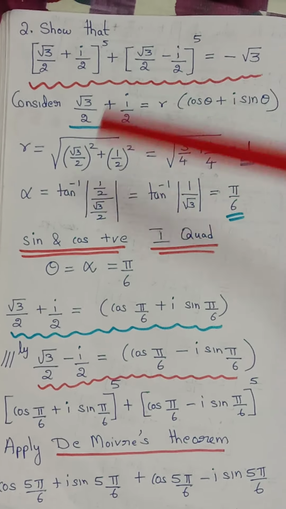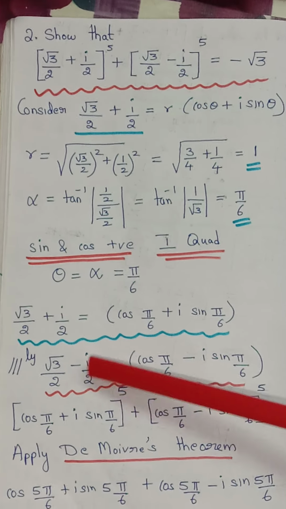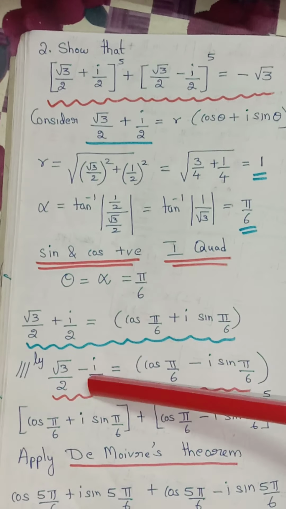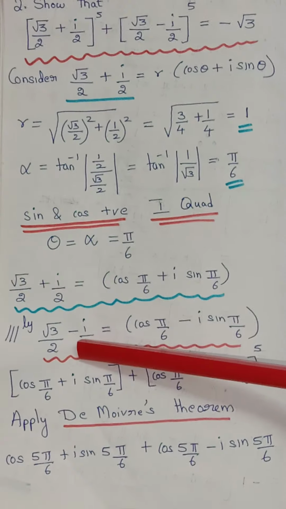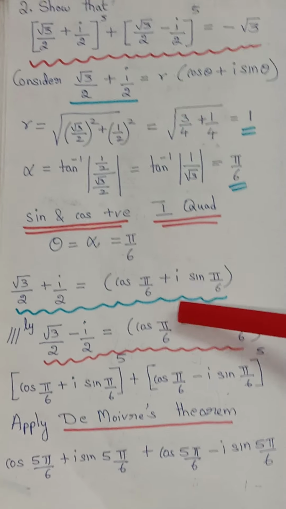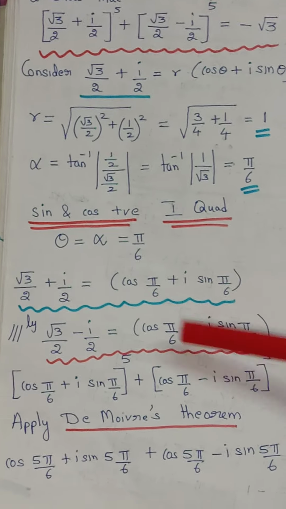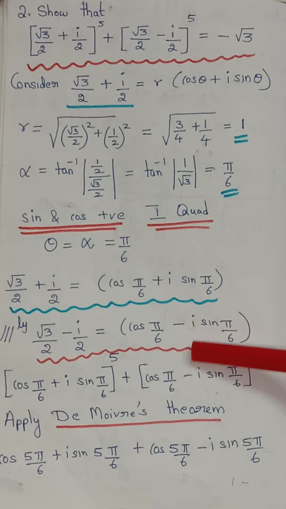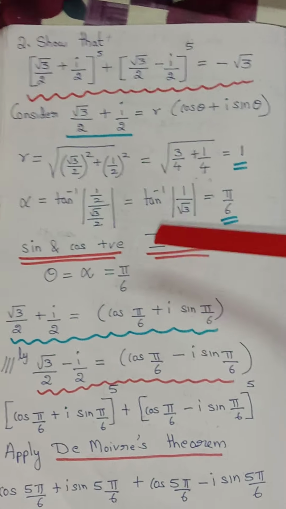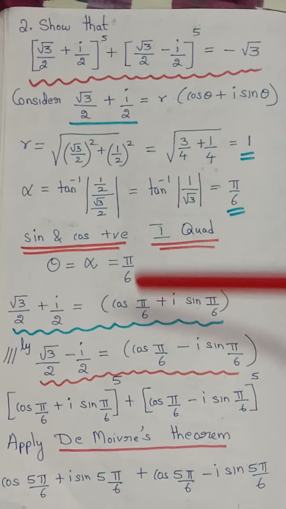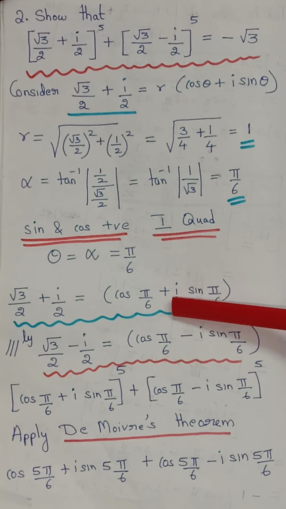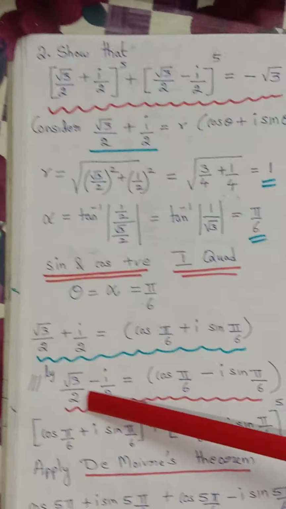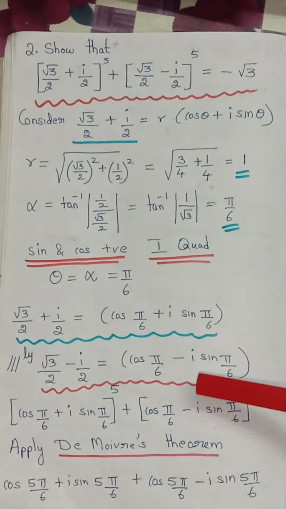Now the next bracket, what we are having is root 3 by 2 minus i by 2. You can see the difference between these two complex numbers is just a sign. Here we are having plus, here we are having minus. So for the polar form also, if you change the sign, that is enough. You need not show the steps again. If you show it again, you are going to get the same answer. So for a 3-mark question, we need not do the polar form for the second number if it is just a conjugate. Here it is plus sign, here it is minus sign. It means in polar form also you change the sign. So now we know the polar form for the second term in the bracket.